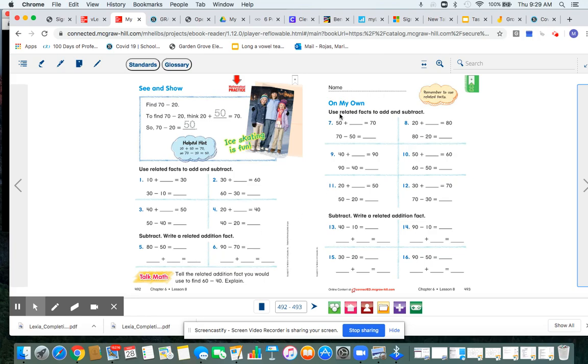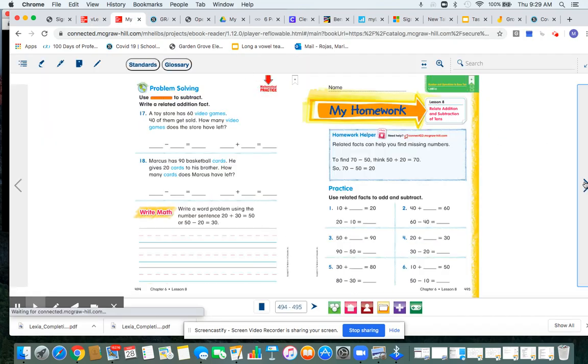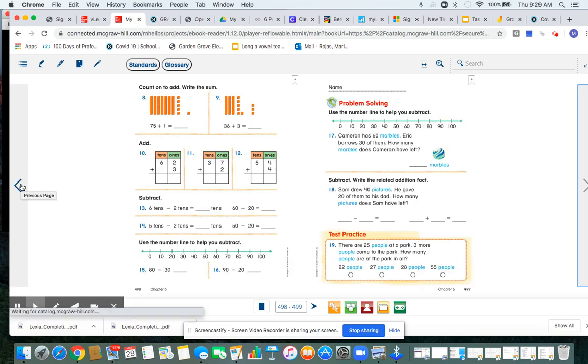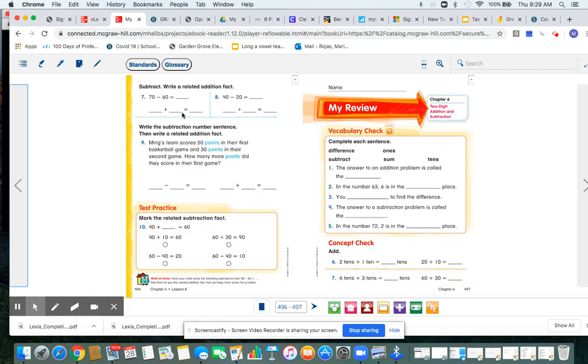So you're going to go ahead and do on your own 7 all the way to 16. Do it on your own. And then you're going to go ahead and let me see if this one changed. Nope. You're going to go ahead and turn the page. Whoops, I turned it too fast. And you're going to complete this problem right here. So once you complete this problem,